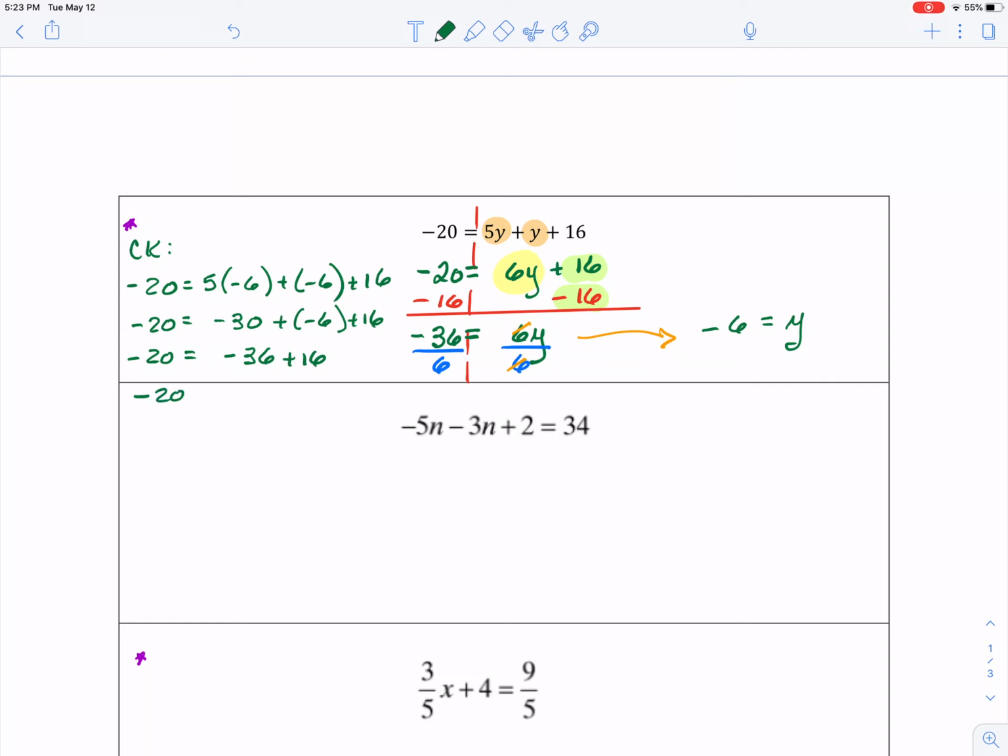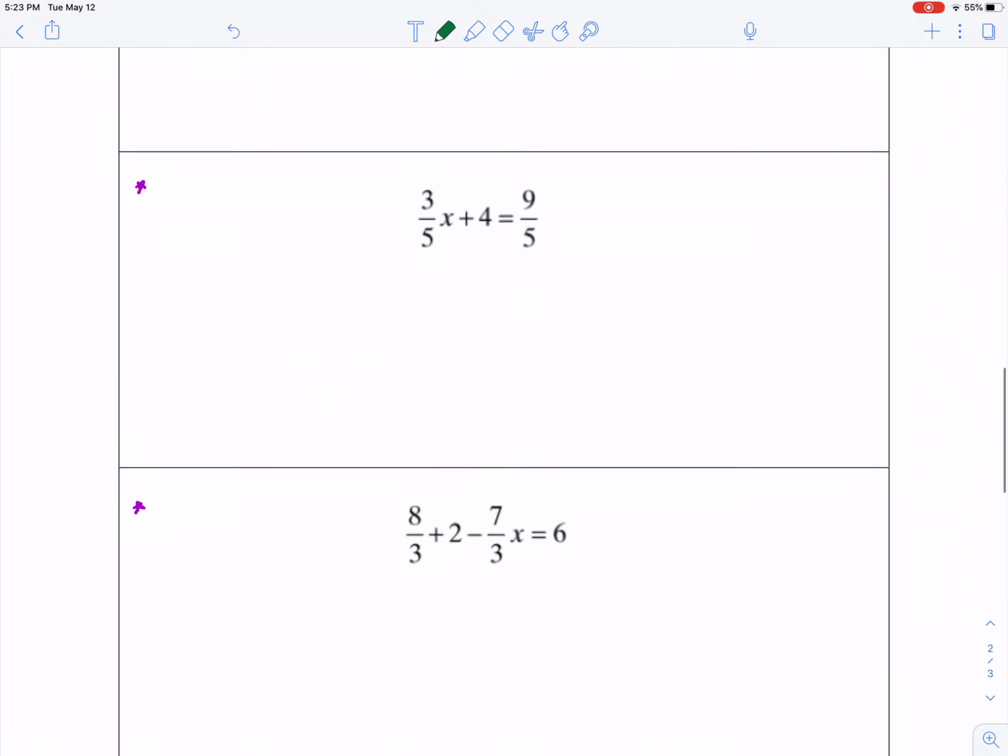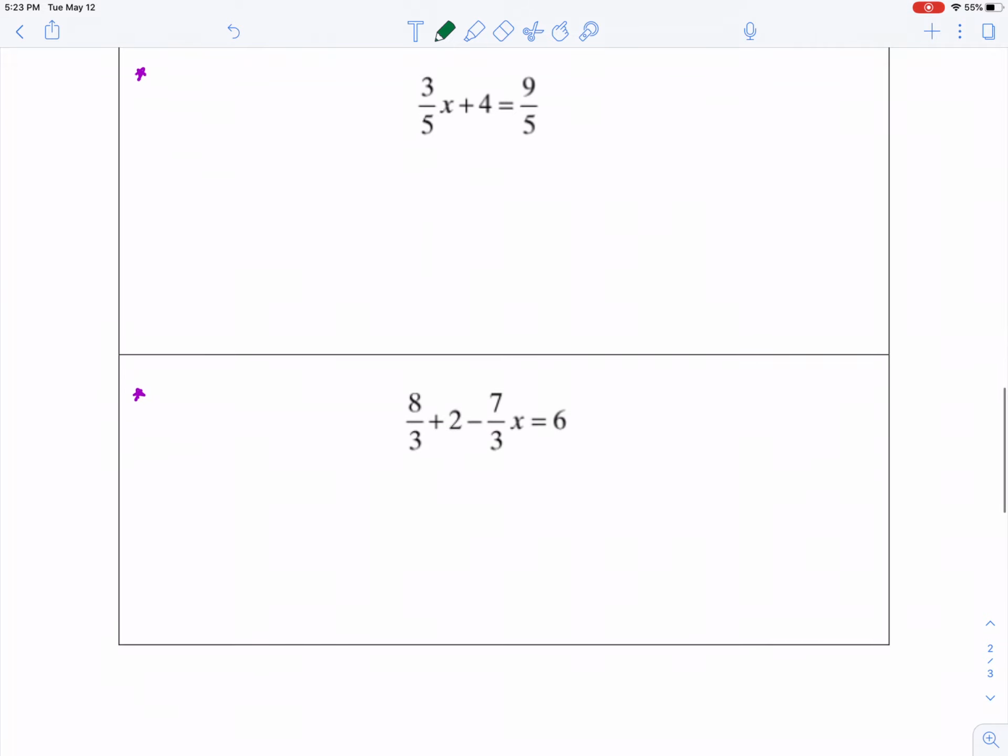And it looks like I have negative 20 on the left and I have negative 20 on the right, so that looks fine to me. All right, so I wanted to skip over this next one, come down and do a couple of quick fractions with you. So as I look at this first one, I don't have any like terms on either side,